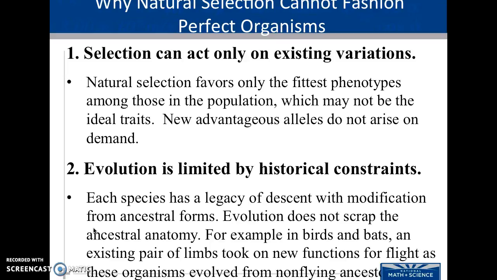Why natural selection can't eventually fashion perfect organisms. So we see these selection mechanisms occurring all the time. Why do we not eventually end up with these perfect organisms? Selection can only act on existing variations, and we know that mutation is always going to create new variations, new advantageous alleles. Evolution is also limited by historical constraints. So evolution does not scrap the ancestral anatomy. Basically, they're already starting from what they have. They can't totally get rid of